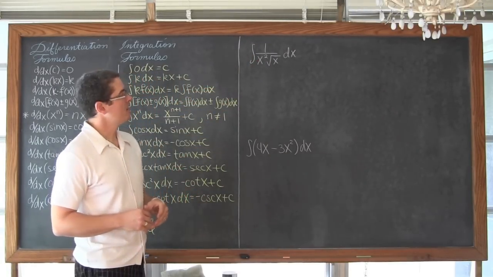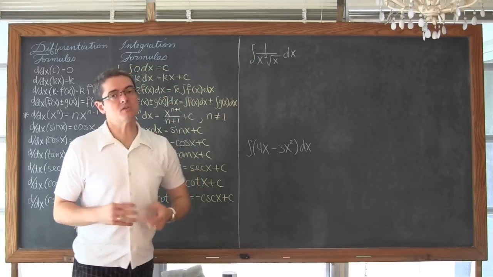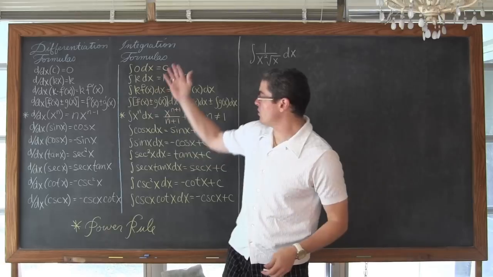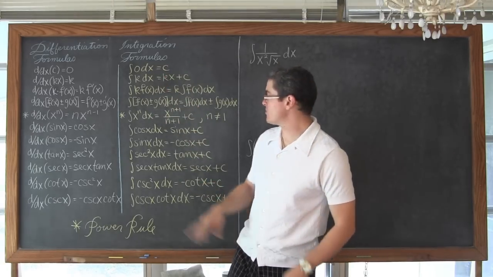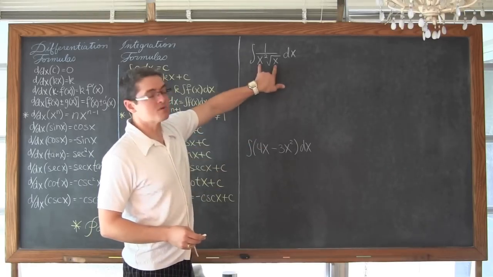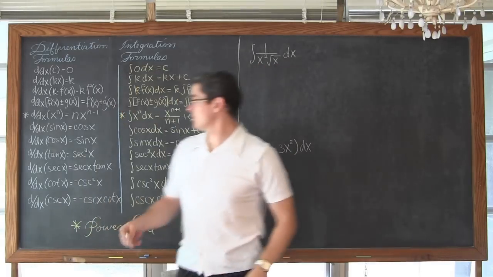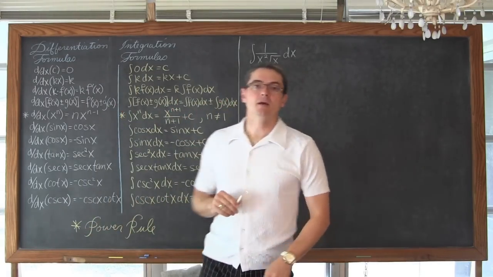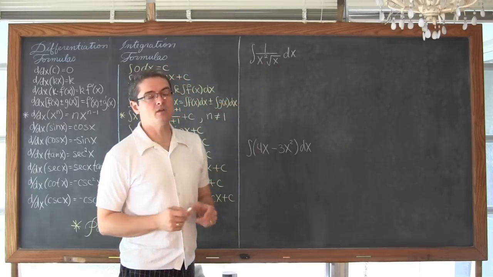Now, again, we have a fraction bar, which means quotient, and we don't have any quotient rules in our basic integration formulas. We have the power rule. So we're going to have to write this. We also have, of course, a product going on here, and there's no product rule either, just the power rule. So we need to rewrite this so we can use that.